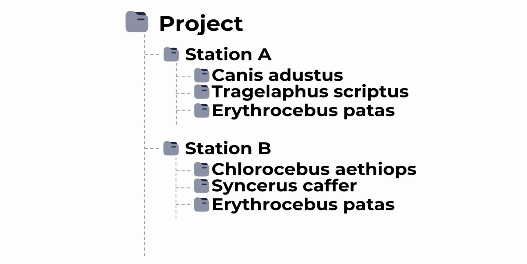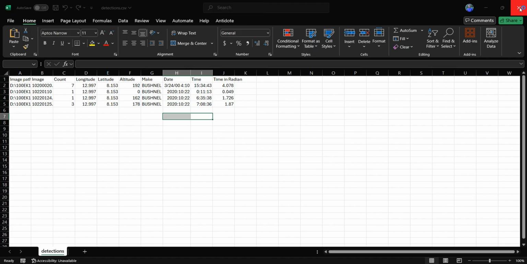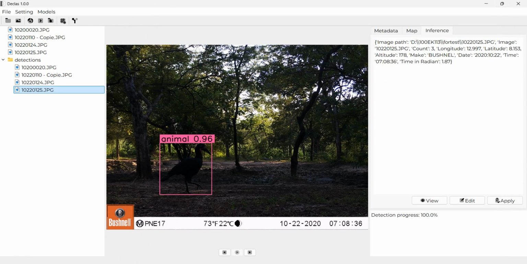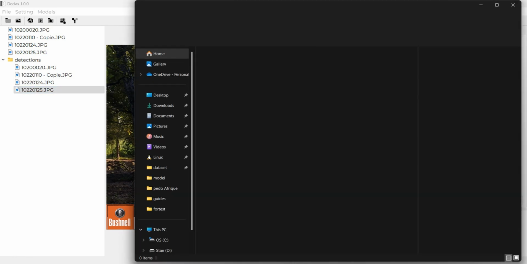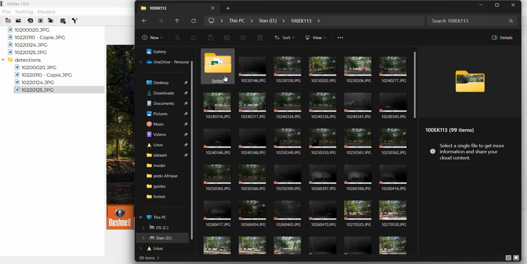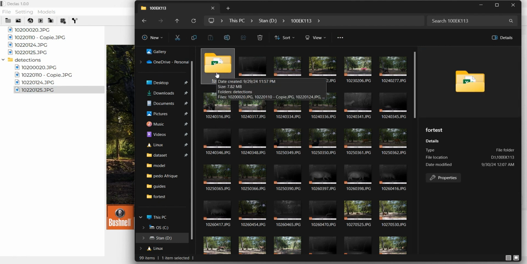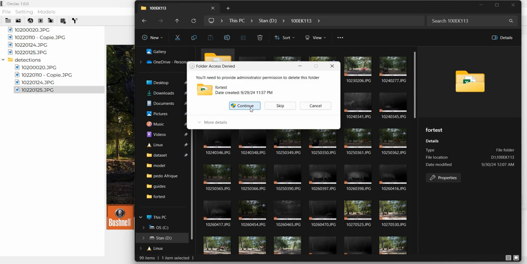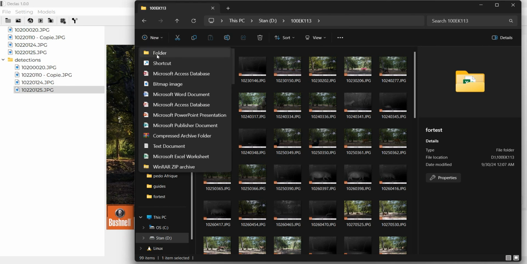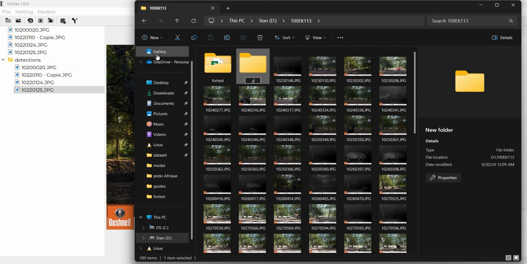So to do that, let me close Excel, and I close all Explorer windows. Let me come back again. Now here I can create a folder. I think I can delete this folder. I don't need it anymore. Oh, unfortunately I cannot delete it because it is open in the class. Okay, what I can do is create another folder. I can call this "my project".